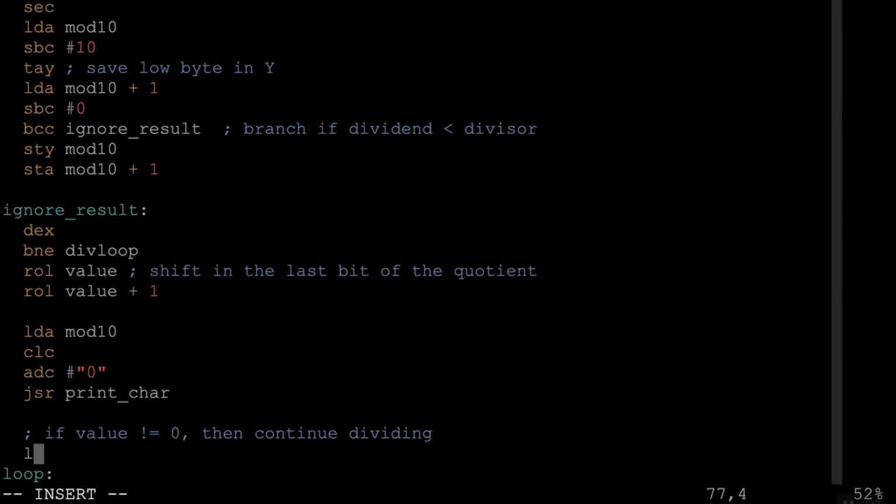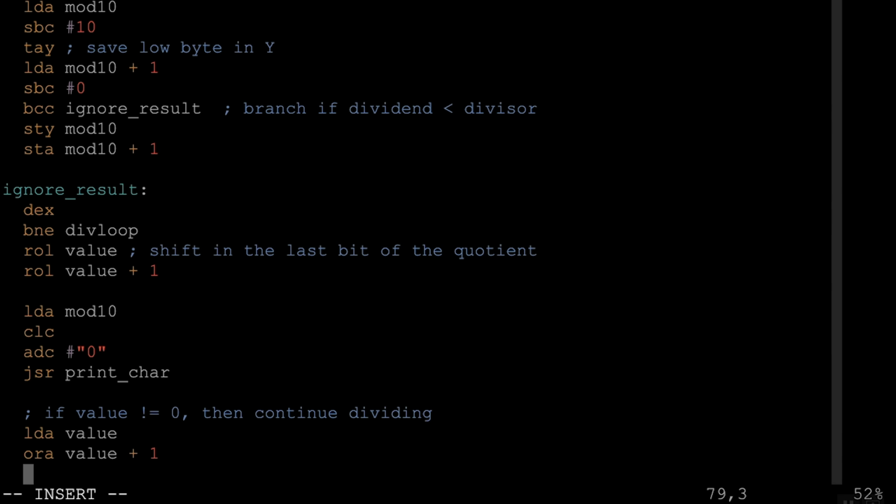And to figure that out, we could load value into the A register, but we also need to look at value plus 1 because we want to look at all 16 bits of the value. And all we care about is whether any of the bits are set. So if we just OR the A register with the top half of value, so essentially we're doing a bitwise OR of the bottom half of value and the top half of value, we're ORing those together. If any bits in either the top half or the bottom half are set, then the value in the A register will have some bits set. But if all of them are zeros, then the A register is still going to be a 0 at this point. And so we can use that to say, branch not equal. So branch if the A register is not equal to 0,